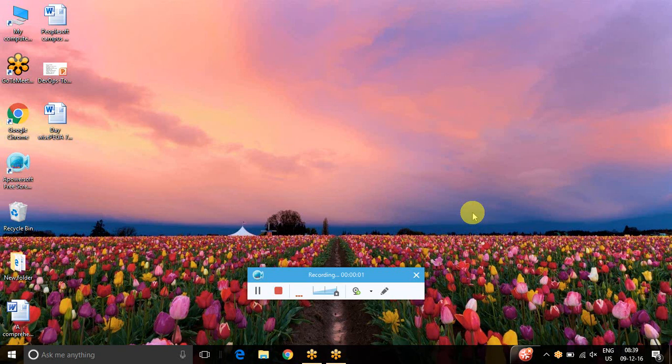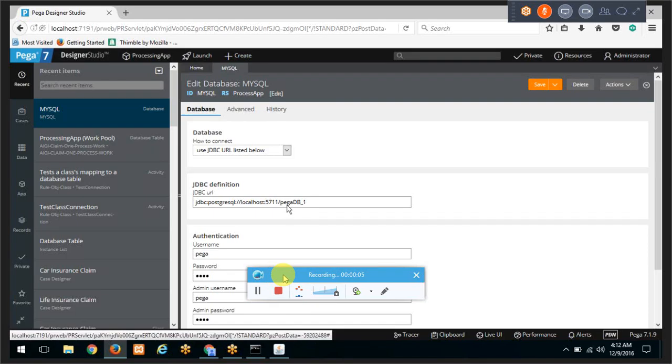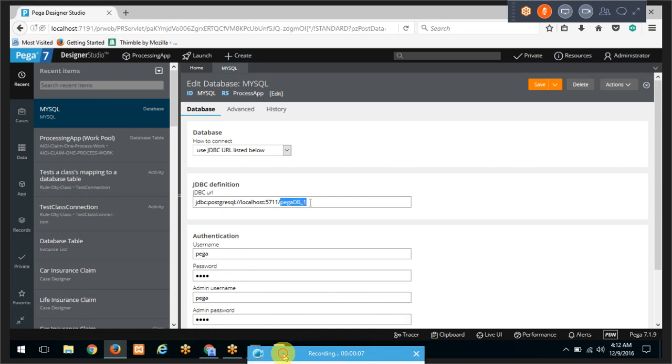The DB integration. You see here, this is the difference. The URL itself changes when you change the database. The database itself, obviously, right? You are connecting to a completely different DB. So if you do Pega DB_1 here on the URL, which is the DB that we created, if you take